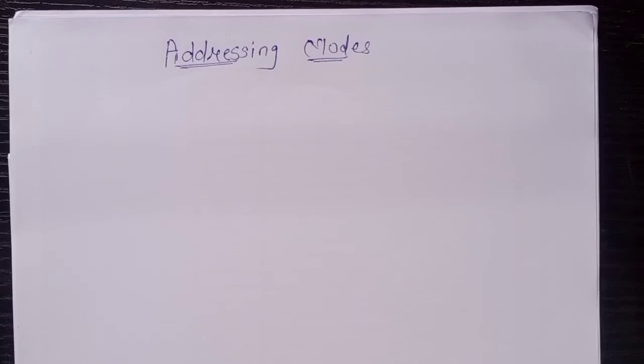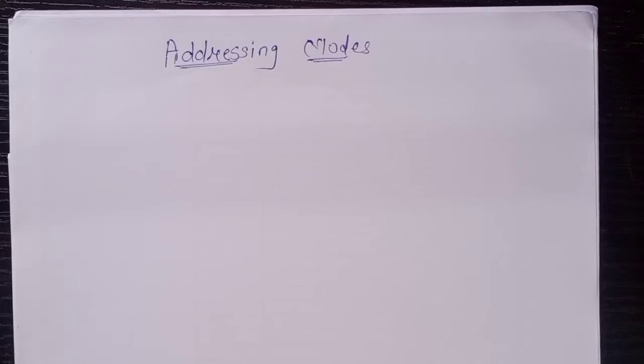It means that when you write an instruction, let's say we want to add something, subtract some numbers, multiply, divide, or whatever, the number on which you want to do the operation is called an operand. So the operand is the value on which you want to operate. How do you tell the processor that this is my operand? That is what is called addressing mode. That means the manner in which operands are given in an instruction is called addressing modes.